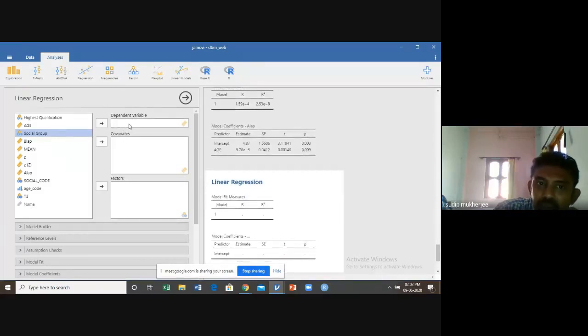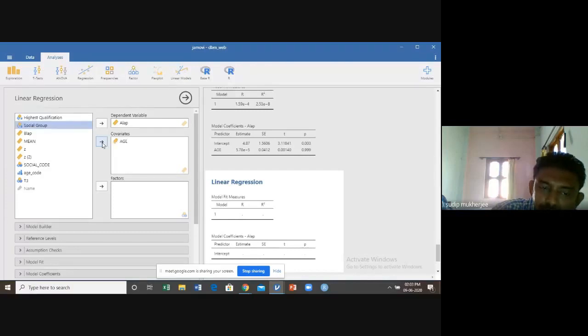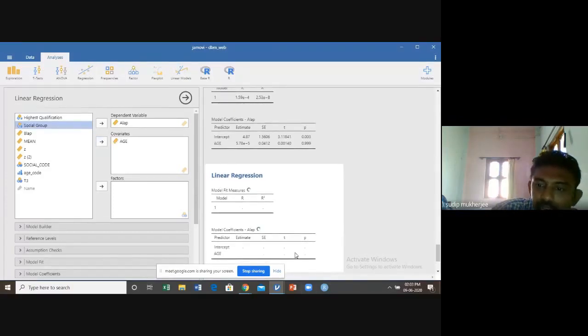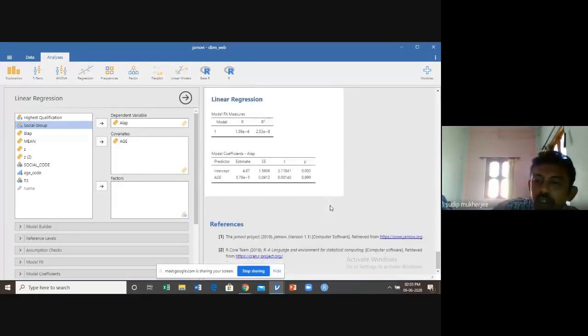Here there are three options: dependent, covariates, factors. Dependent means the form y equals alpha plus beta x in the two-variable case. So the dependent variable goes here. What is our independent variable? Age is our independent variable. And this is the result.